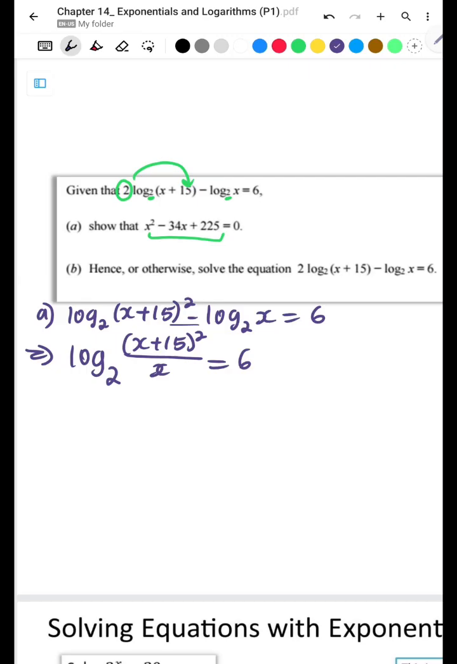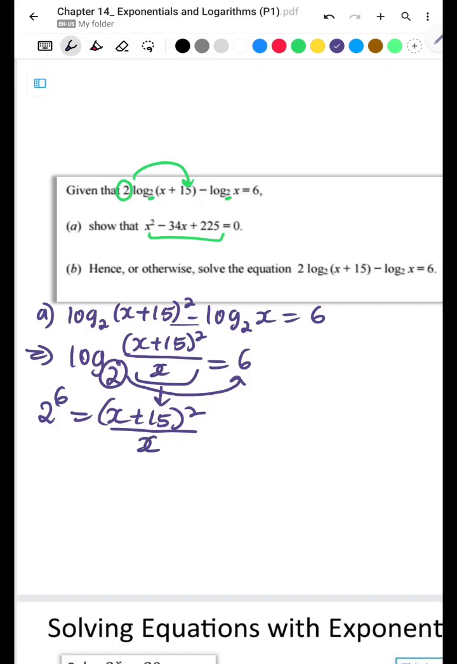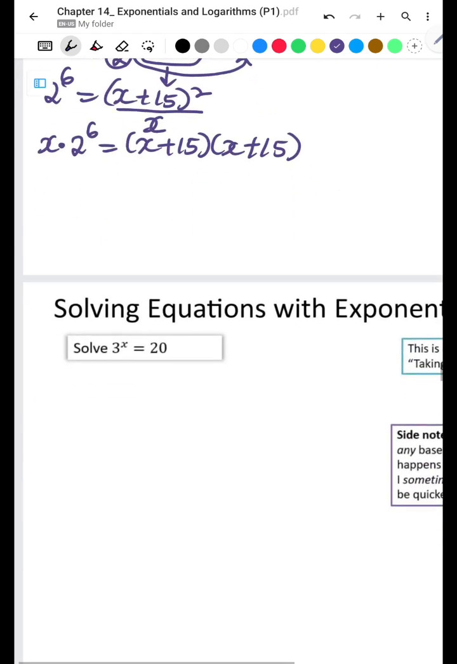Here, I can use the law of logarithm. And as I said earlier, I can make 2 take 6 as its power, so we have 2 to the power of 6, and I make this sit alone, so (x plus 15) squared divided by x. So x multiplied by 2 to the power of 6 is equal to (x plus 15)(x plus 15). So expanding this bracket, I will have 2 to the power of 6 should be,